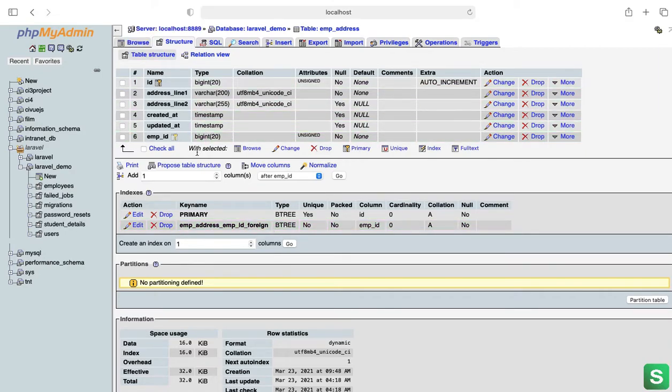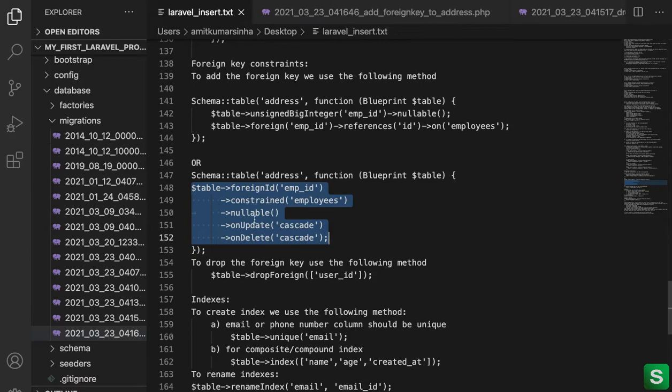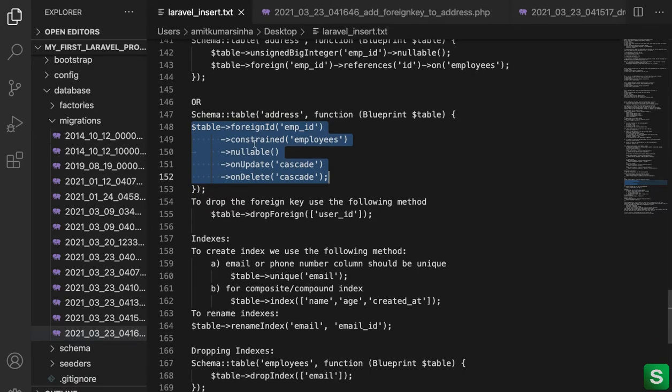So here we can do the joining and other query stuff, but this is the way to add the foreign key in the child table, or we can say in another table, with the primary key of the other table. Okay, so this is the way to add a foreign key, right?